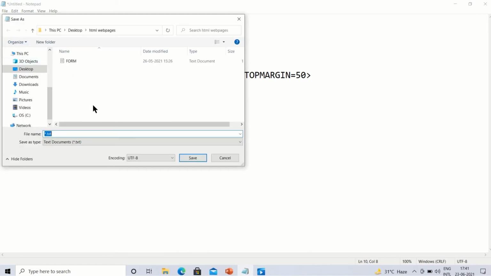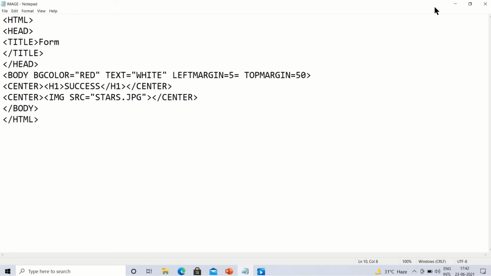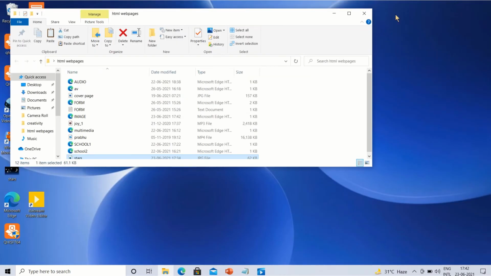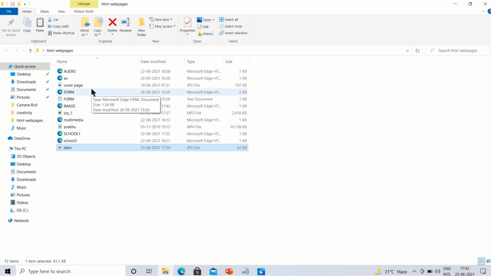Suppose we have given image.html, and we will save it in the same folder, HTML web pages, so that we can easily get the image also. So when we save it, it will be saved in our folder by the name image.